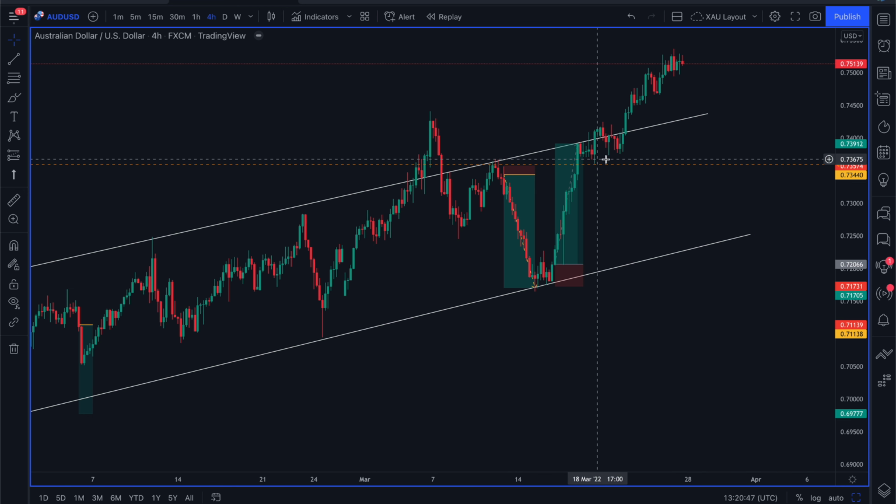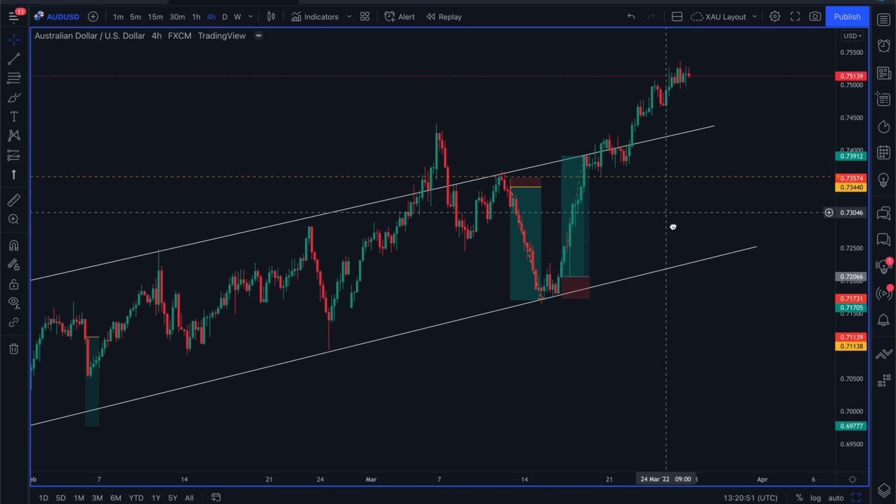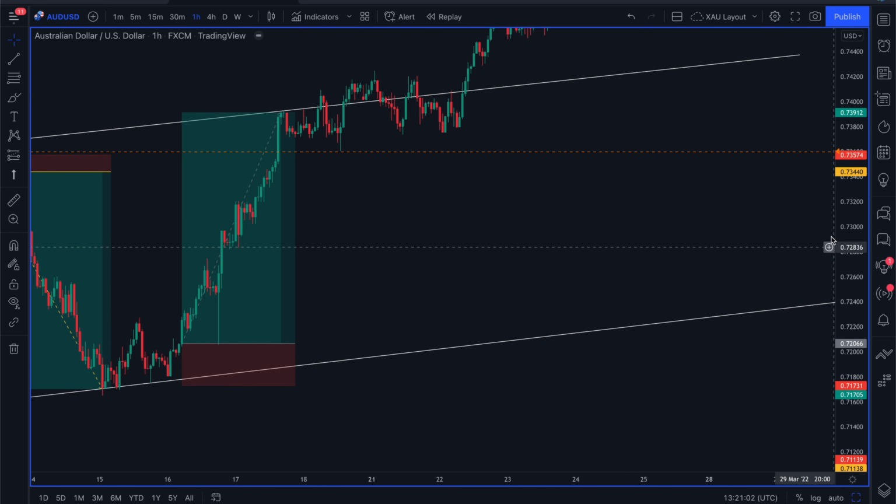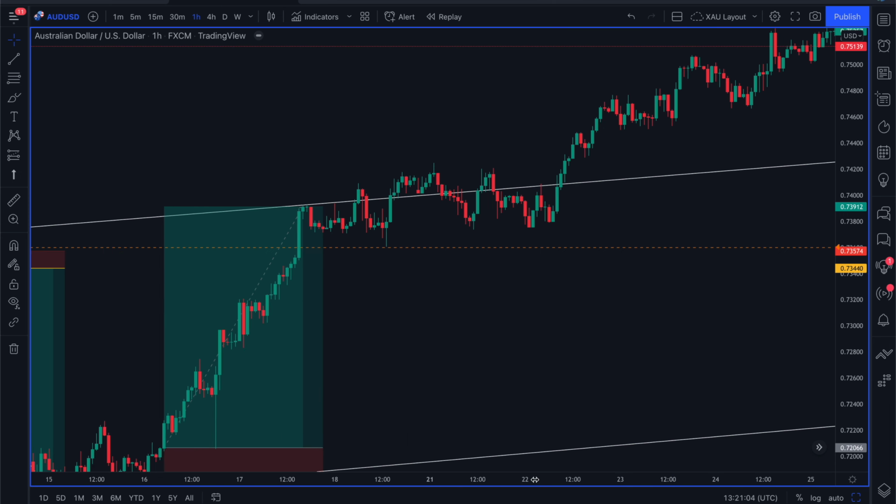So here, for example, we could have actually jumped on this, and I'm going to show you exactly how we could have done that. So obviously we've seen price approach. Price is testing this area, it's come back down, and we've had the clear break here. Now what we could have done is gone down time frames,